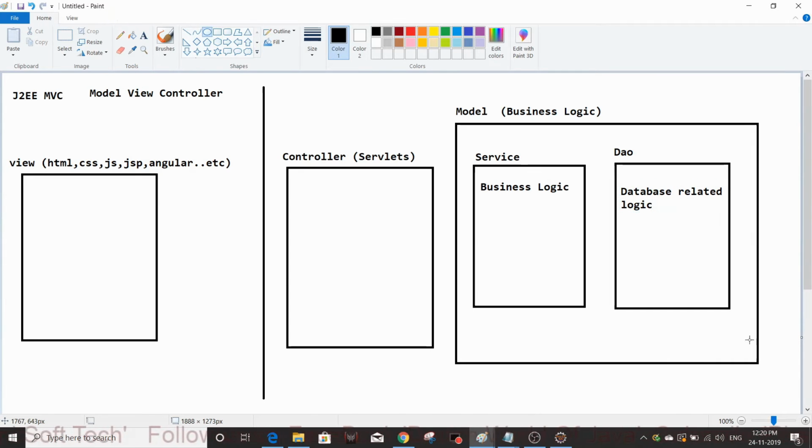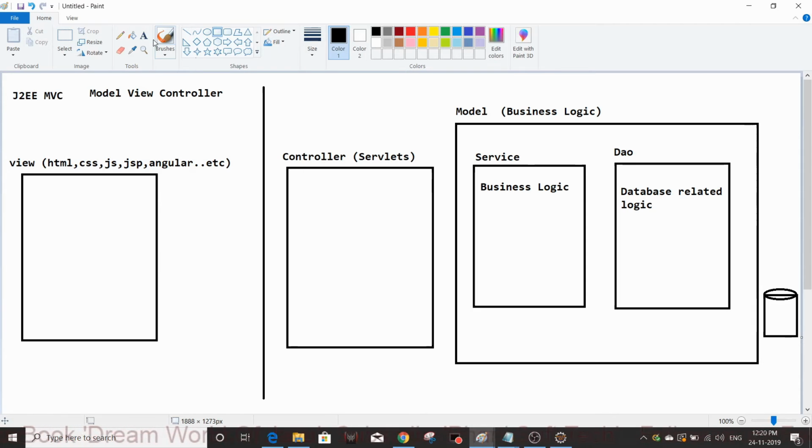Database operations in the sense it hits the database for storing or retrieving purposes. Then it gets the data. Again DAO returns the data to the service layer, service returns it to the controller, and the controller is going to render the response in the UI layer. So this is the actual MVC.